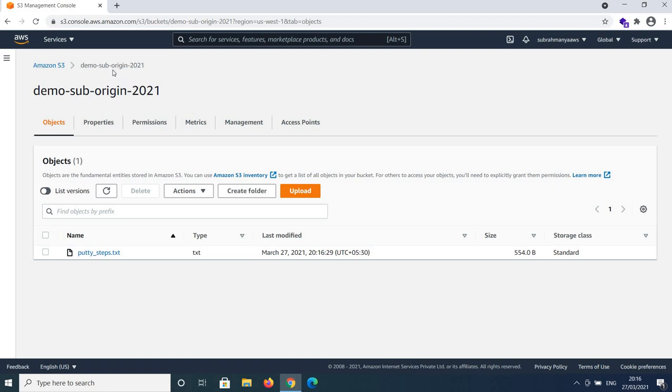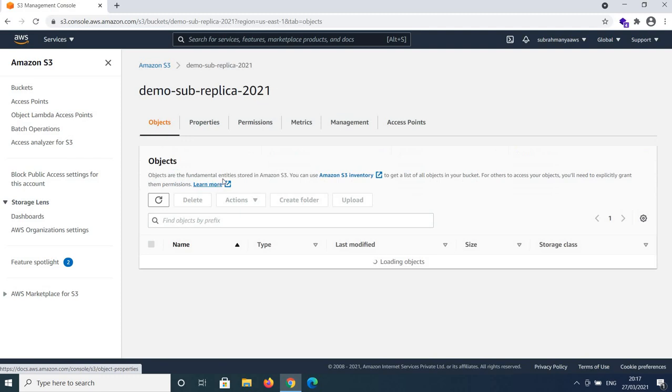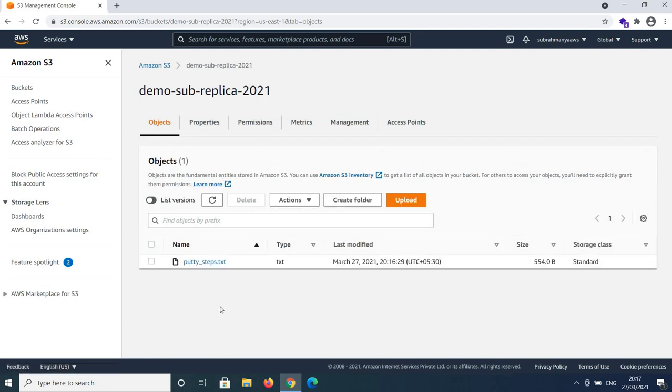Since I have enabled replication in demo sub origin 2021. Now we'll go to our second bucket, which is demo sub replica 2021. You can see it has come here as well.